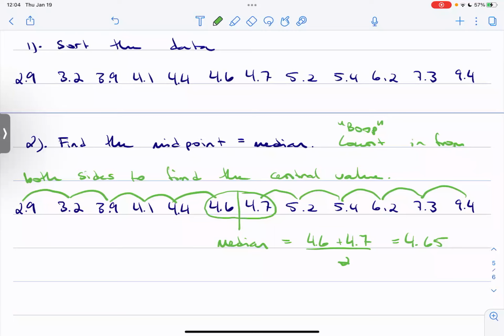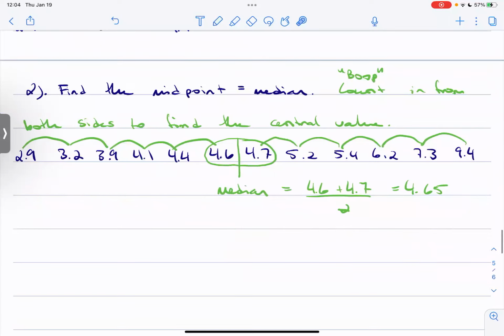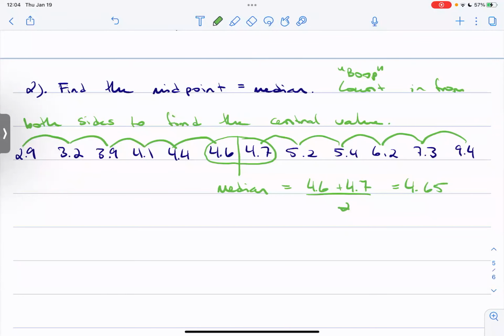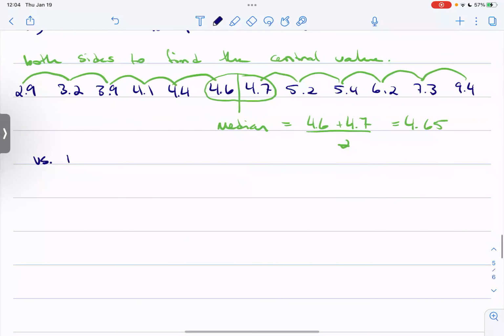As kind of an alternative, what if I removed this 9.4 value, and we just have a new data set without the 9.4? Just to show you the other way that the median could present itself, because it could actually be a number. So versus if we remove the 9.4 data point,